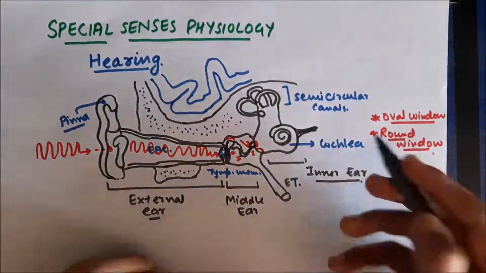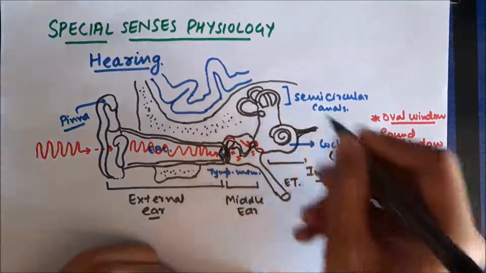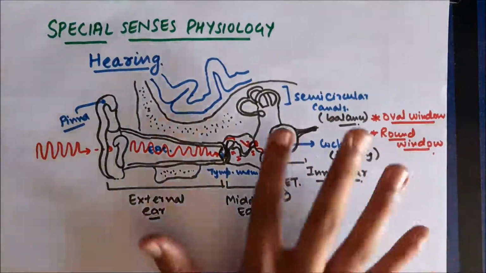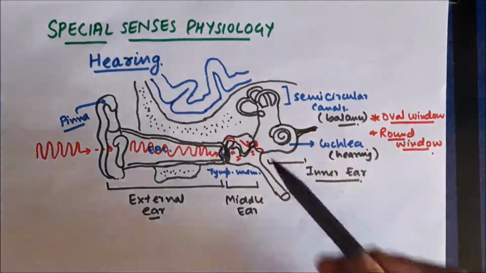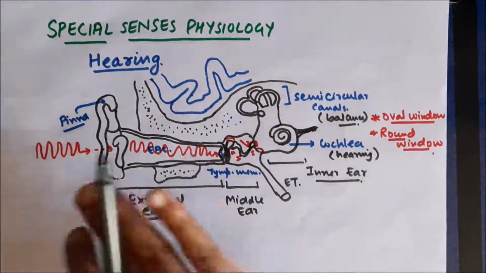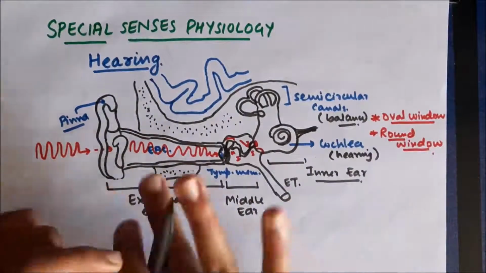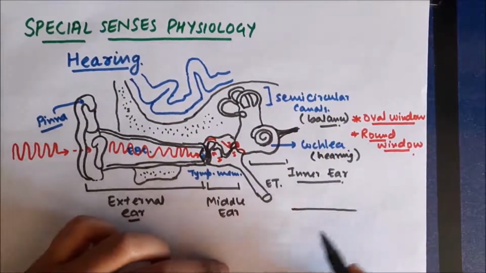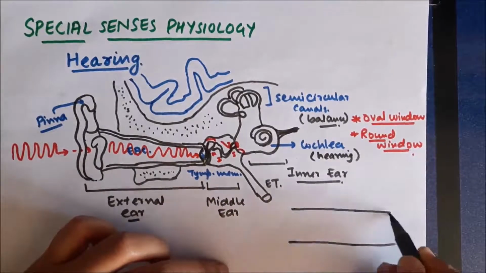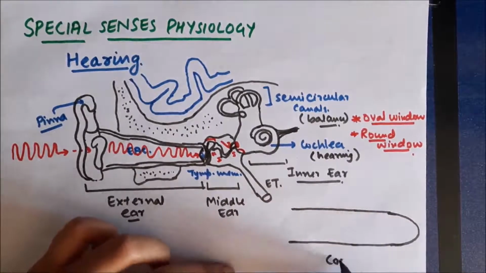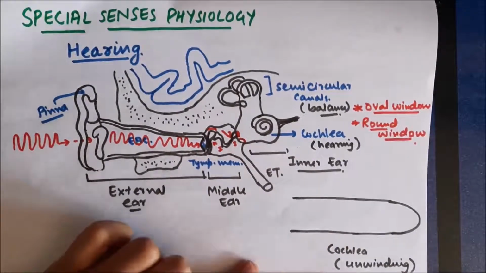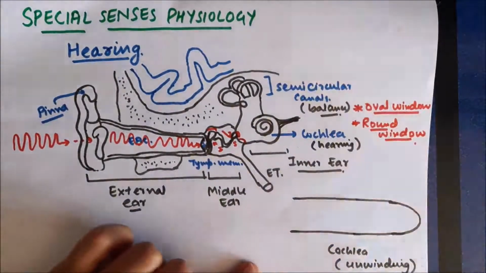Now this cochlea is a tubular, highly coiled structure, which is the main organ of hearing. The main receptor part for hearing is present in the cochlea. So in order to understand the working of the cochlea, we consider a schematic diagram in which we uncoil the cochlea. If we uncoil it, we get the cochlea straightened out. Now if we take a look at the interior of the cochlea, this is the cochlea after unwinding it. On the inner side, it consists of three different tubes.